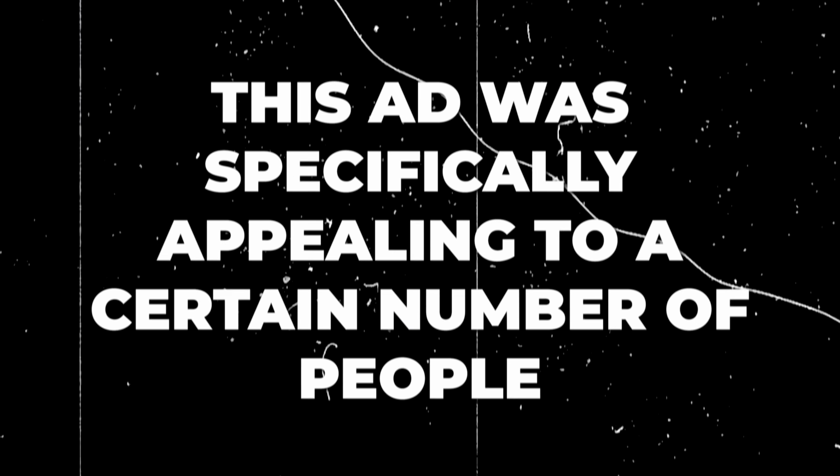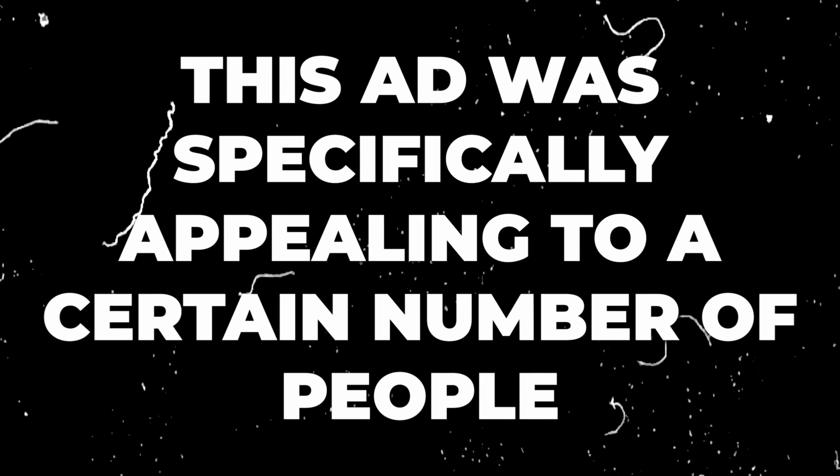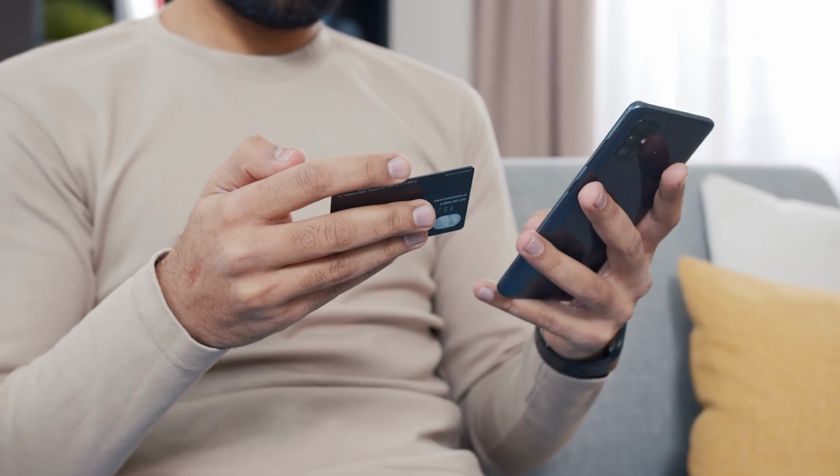So the reason why your ad starts to destroy itself after you start spending a couple $100s a day is because that ad was only specifically appealing to a certain number of people that wasn't that great or that large. So now that you start to appeal to more people by having a lot of different ads in the account, different ethnicities, different messaging, different benefits, different desires, you can spend significantly more because you can appeal to a lot more people.